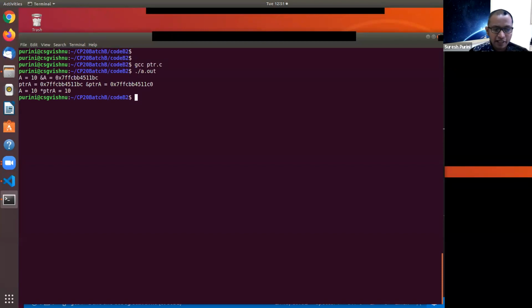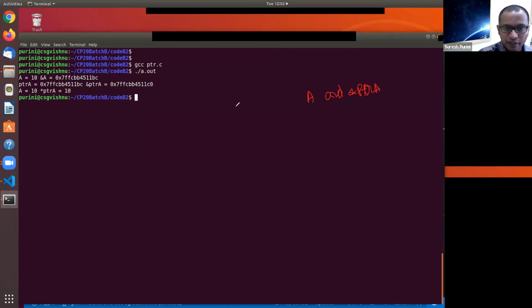You can see that on the third line, A is equal to 10, star PTR A is equal to 10. So here, the important thing is what we call A and star PTR A.